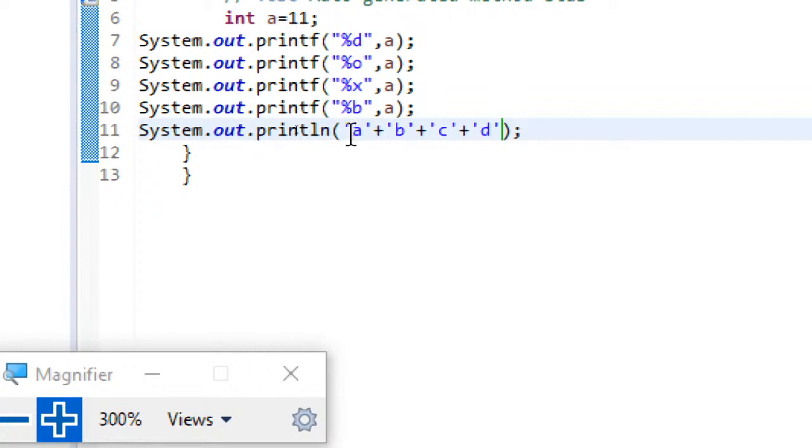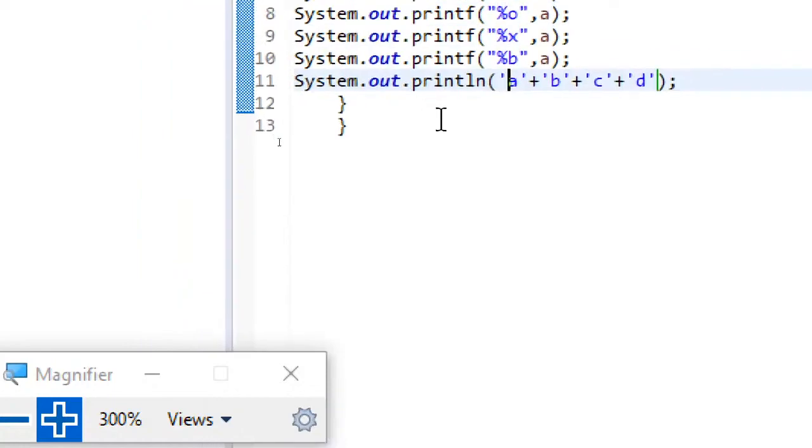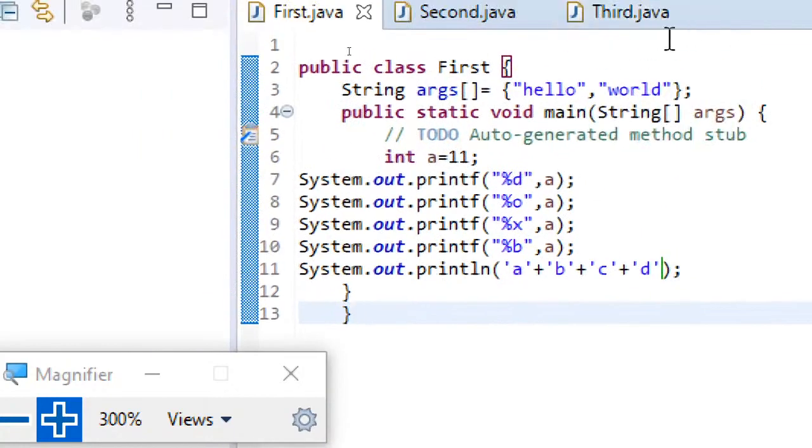So 97 plus 98 plus 99 plus 100 gives 394. In competitive exams, observe carefully whether single quotes or double quotes are used. If it is double quotes, you will get the concatenated value. When it is single quotes, the corresponding ASCII values are summed up. That's the point you need to remember.